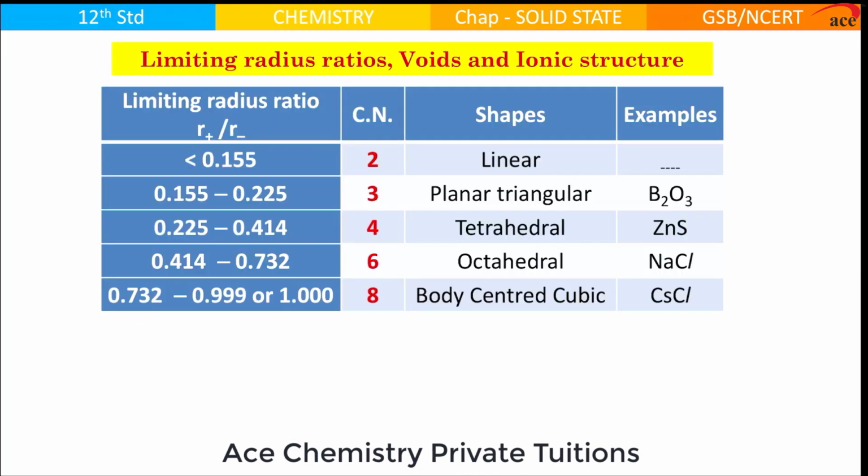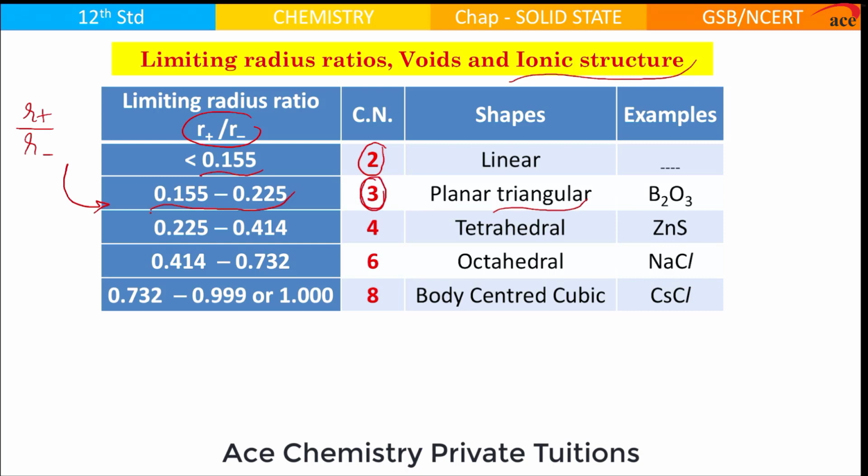Coming to the next discussion. This type of discussion is important for ionic structures. If your radius ratio, that is the radius of the cation to the radius of the anion, is less than 0.155, then your sphere is surrounded by only 2 other spheres, and the coordination number will be 2. If your radius ratio lies between 0.155 to 0.225, then your void will be a triangular void and the coordination number will be